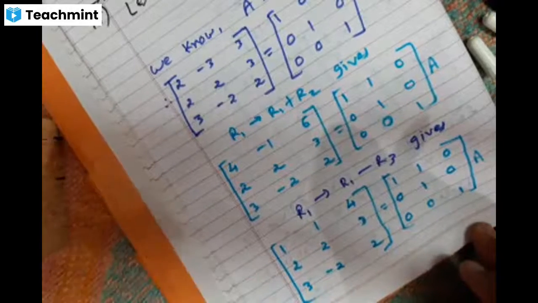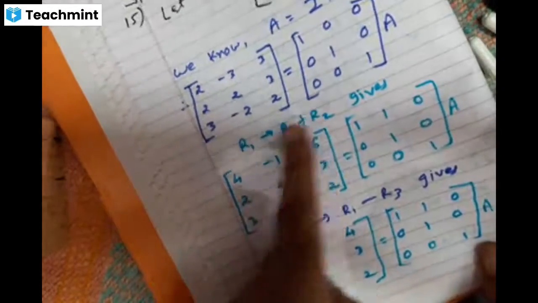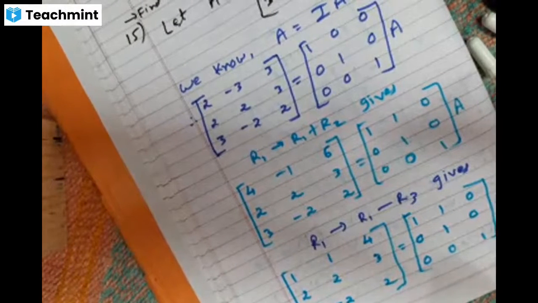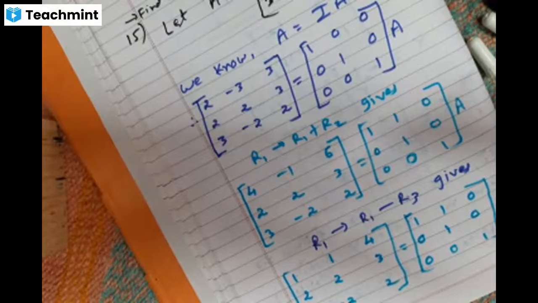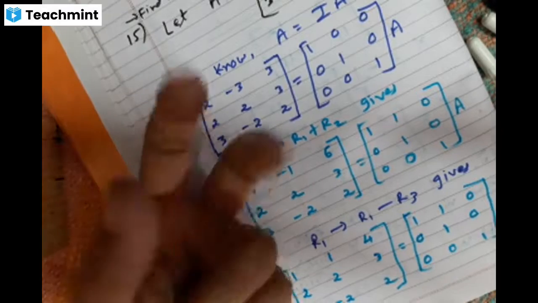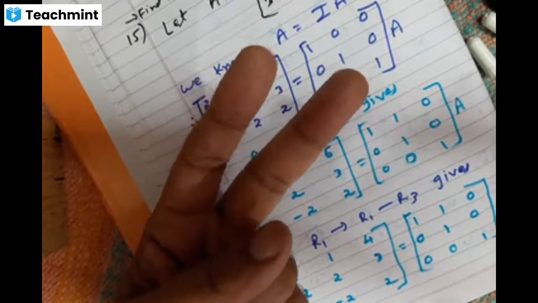Okay, right? Now one more thing, friends. Here what I am doing, I am doing one operation at a time. Here one operation, here one operation. But if you want to make a note, please make a note that you can make two operations simultaneously. How many? You can make two operations simultaneously at a time.